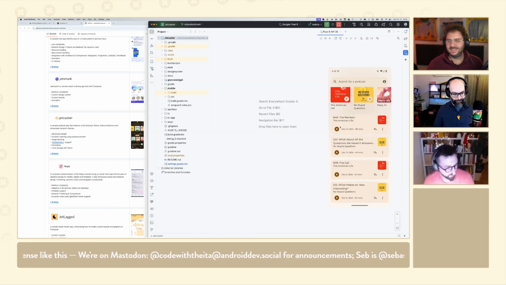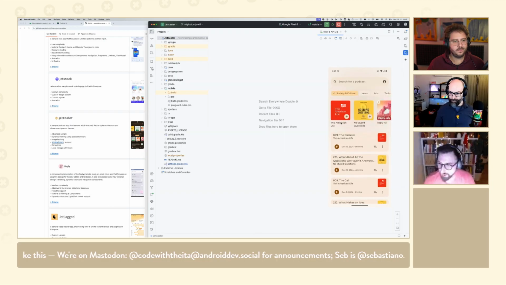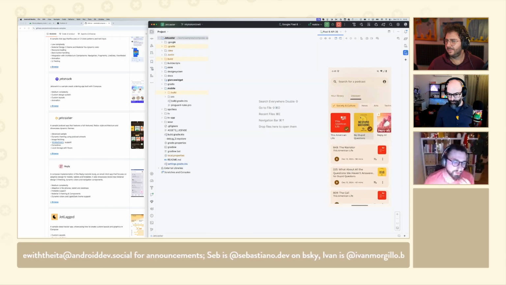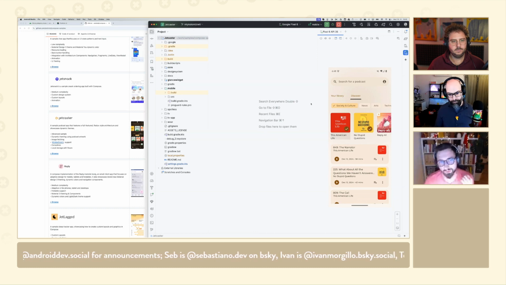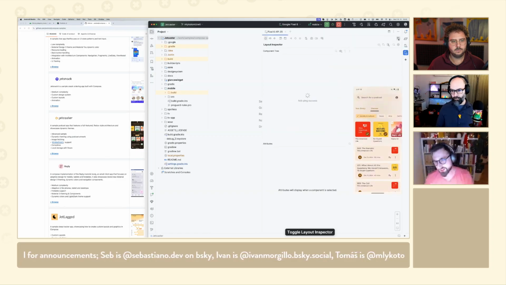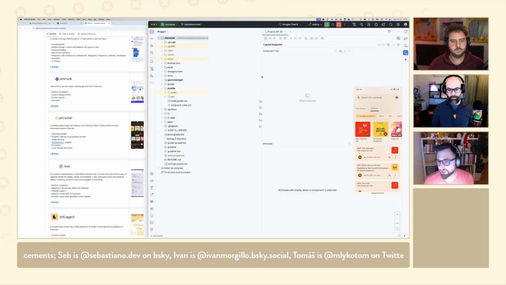So this is the app, the Jetcaster app. Some podcasts, some stuff, it looks fine-ish for now. This is debug, nothing serious. As I was saying, for gut-feeling performance improvements, what we've seen people do is open the Layout Inspector. The Layout Inspector has the information on recomposition count, and it might be tempting to just